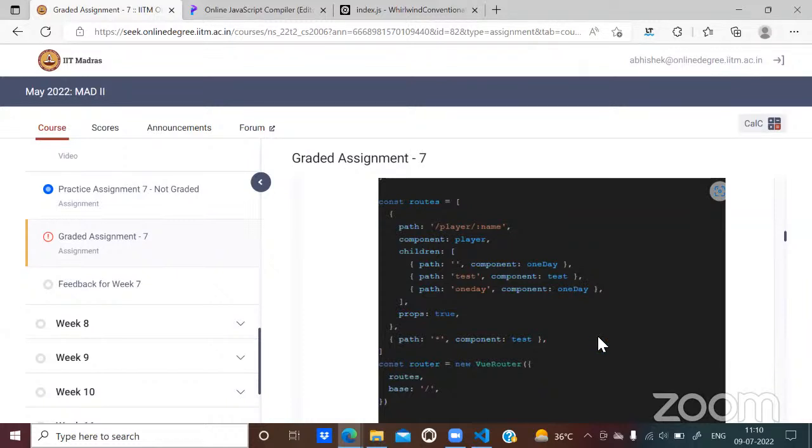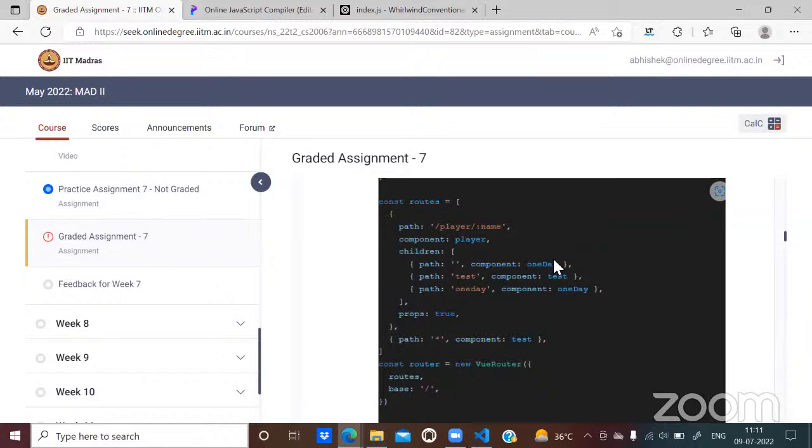Here the component one day is available twice in the children. So how will the third path refer to one day? This depends on you. You can even have the same component for each of these paths.